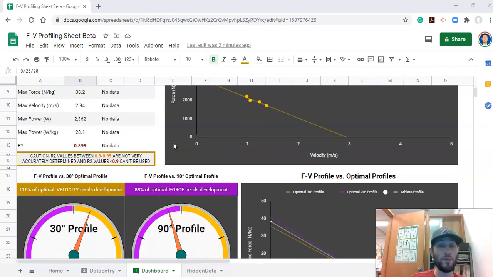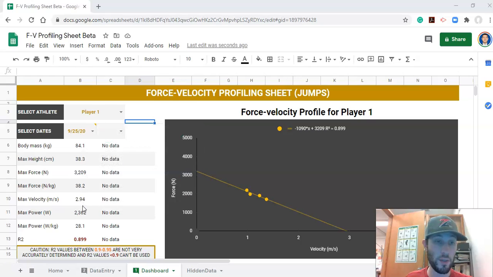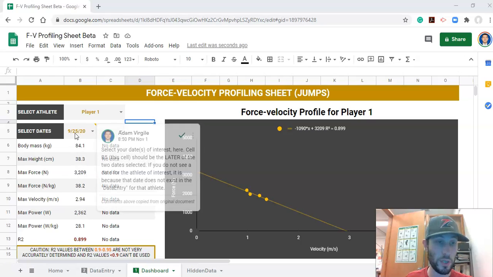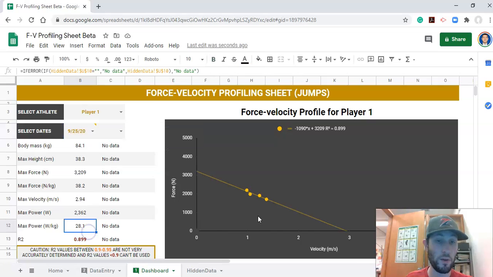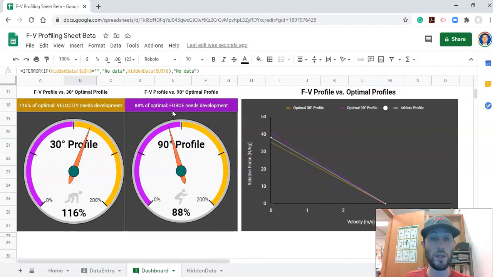And what we also get is, if we scroll down a little bit further, we get a comparison between the athlete's current profile, the one for this date that you've selected here, the more recent one, or whichever one is in this column, that profile, compared with the optimal 30-degree and 90-degree profiles. And rather than butcher the definition of these things, I'll let you refer to JB Morin and Pierre Somozino's work for that. 30-degree orientation is pretty much horizontal force velocity profile, and 90-degree orientation is essentially vertical force